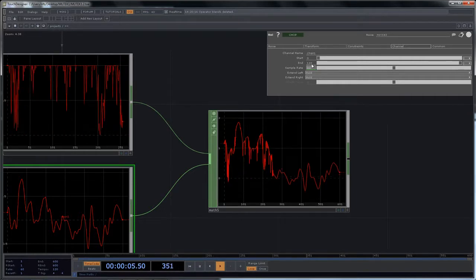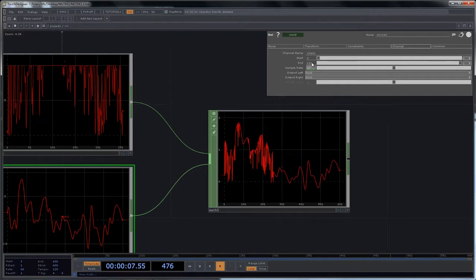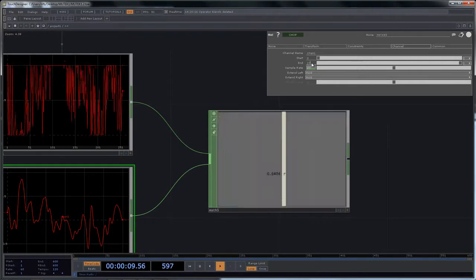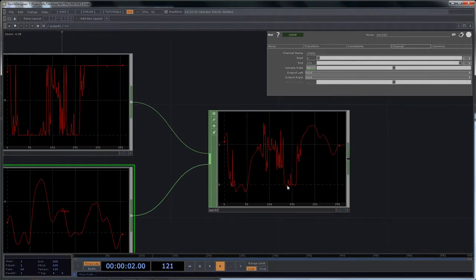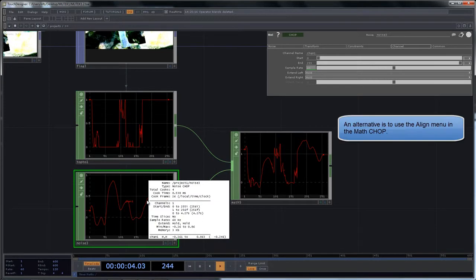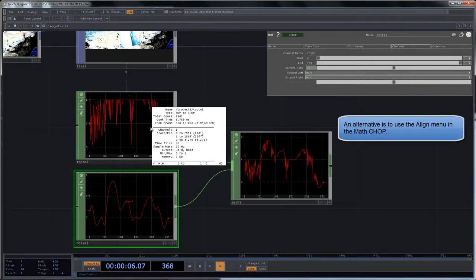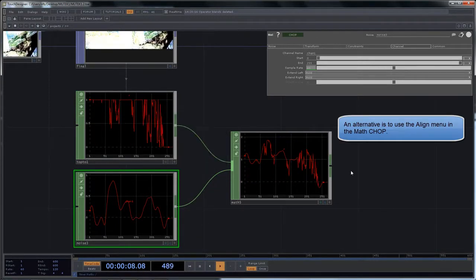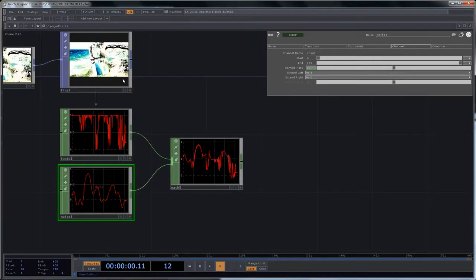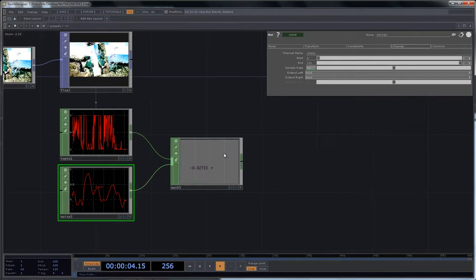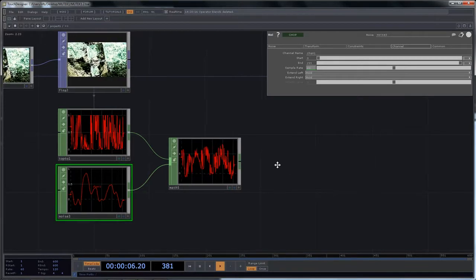And you can see here now it says 599. So if I type in 255, now we have 256 samples in both operators. And similarly, in terms of taking an image and turning it into a chop, doing processing on it with your chops,